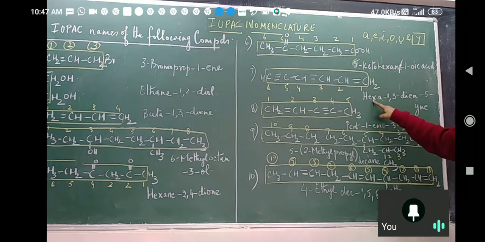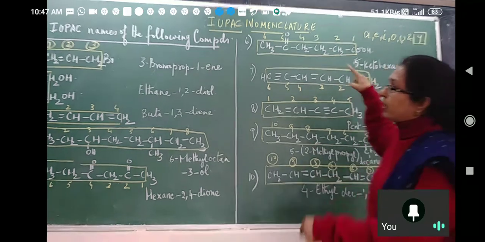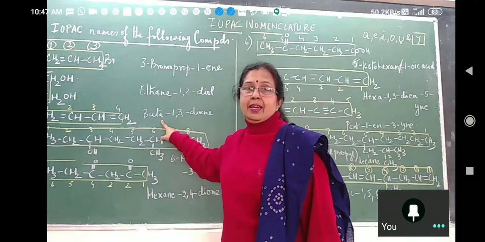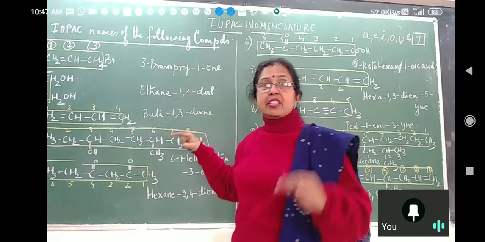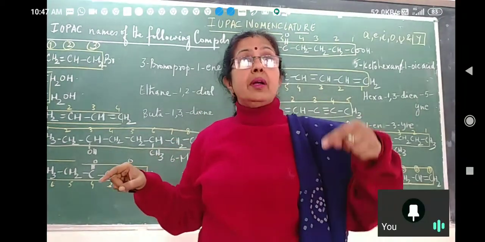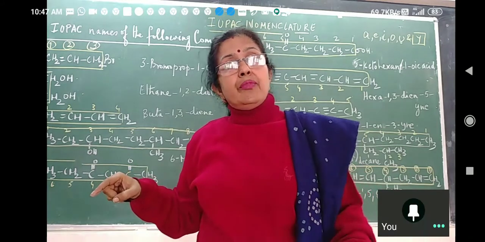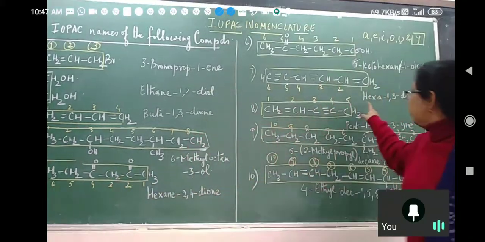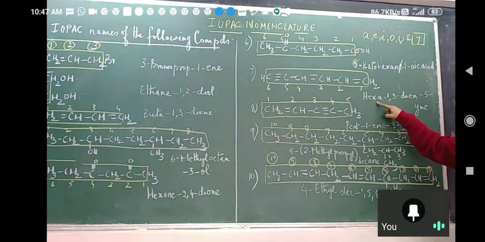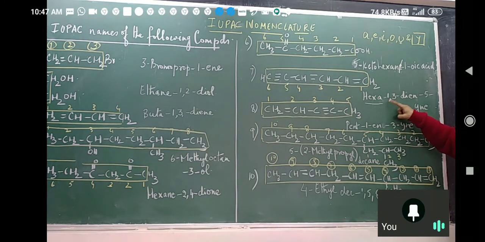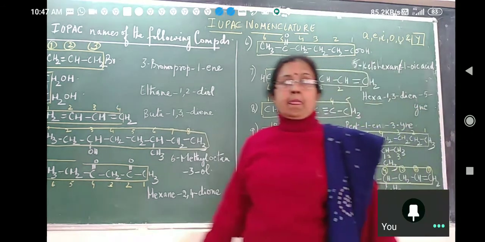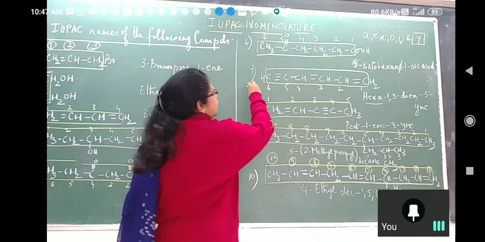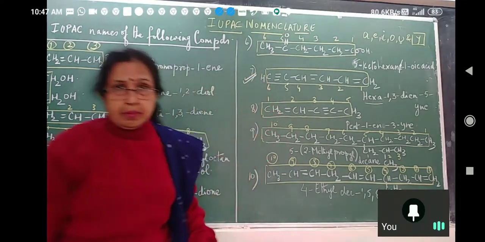Now it is not hexyne, it is hexa. Like here somewhere I have also written butyl. You never ask about butadiene. If it is diene and triene or diene, yne, we retain A. Here we will retain it, it will be hexa. So keep this in mind. Okay, hexa dash 1 comma 3 dash diene 5 yne. It is a very good question. You must mark it for revision before the exam.